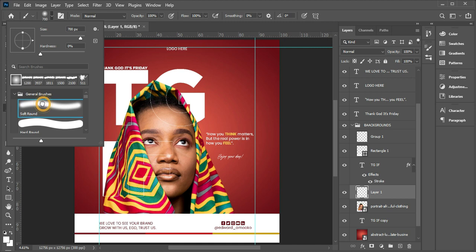Select this soft round, and then make sure that your hardness is 0. Set the hardness to 0, and then the size. Increase the size something like this. I think this is not bad. Let me see, something like this is okay. Then once you set your brush,